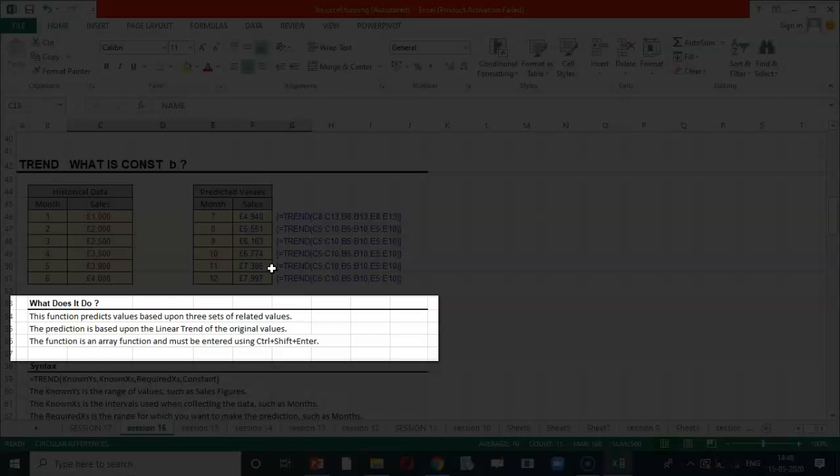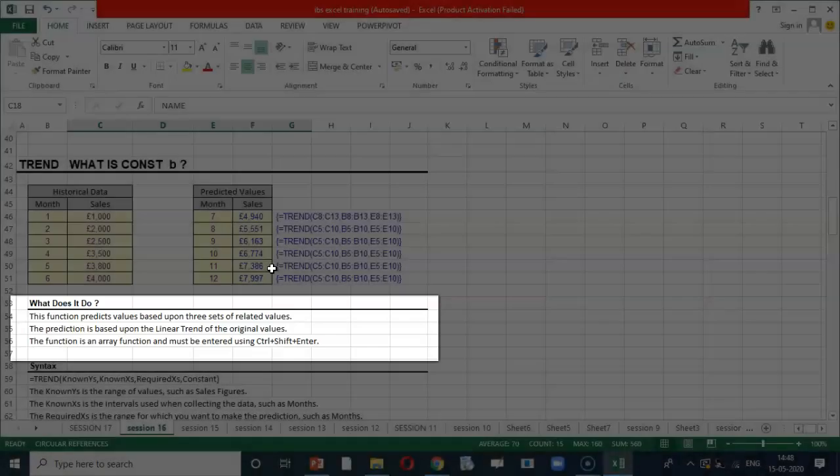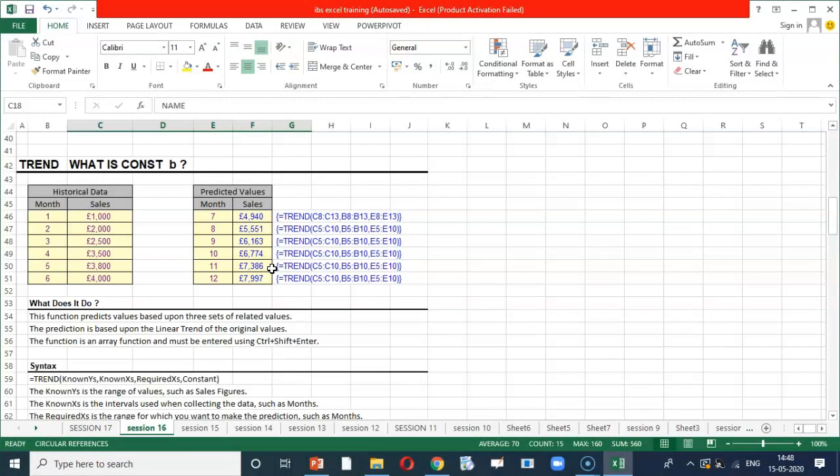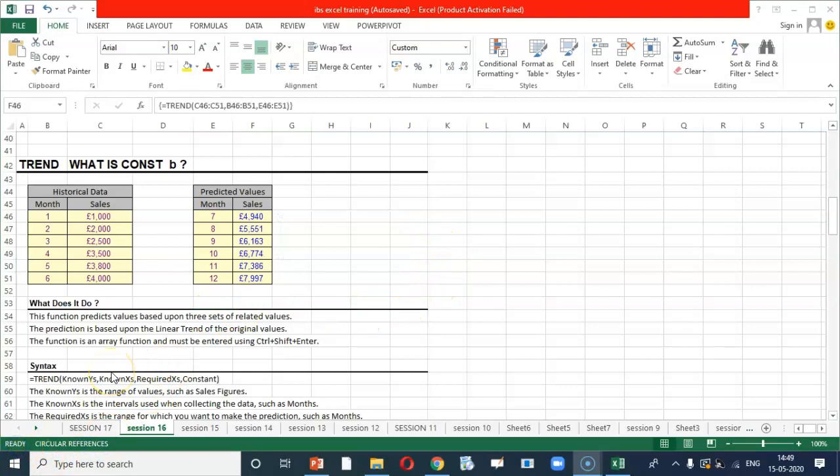Trend function in Excel is a statistical function that computes the linear trend based upon any given linear set of data. Now, let us consider this with the help of an example. So you can see here, given the historical data, months and sales. And if you have to arrive at the predictive data for next 6 months, then the formula to be used